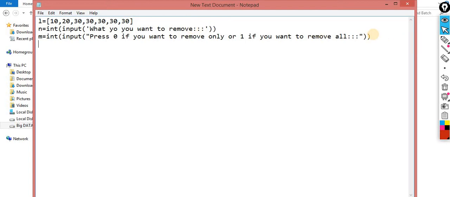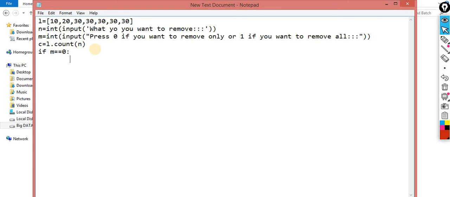Now the next step is c is equal to L.count of n. Now I counted how many n's are there. Now if m double equals 0, let's suppose the user wants to remove only one item.